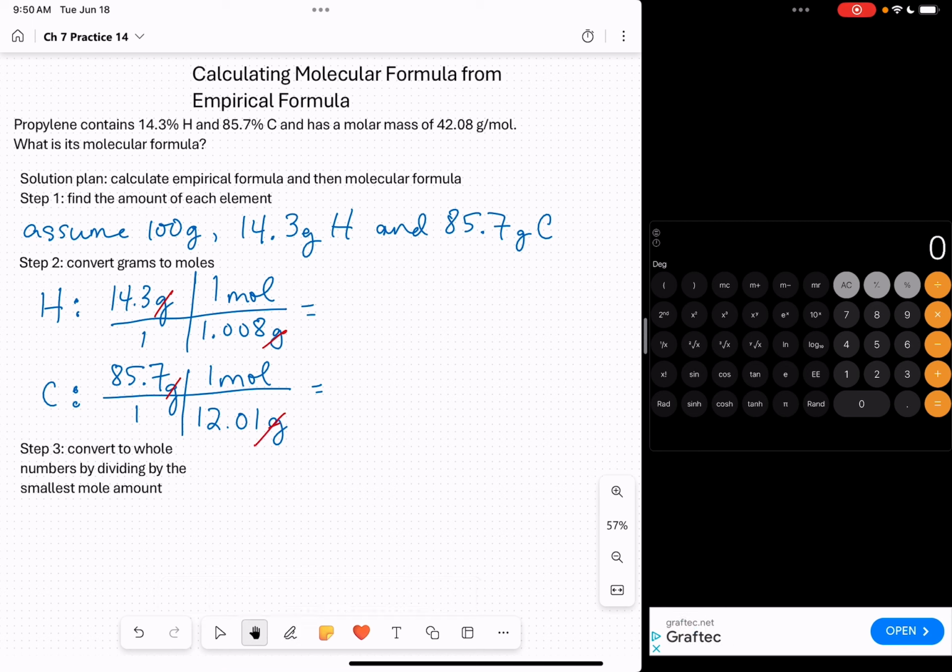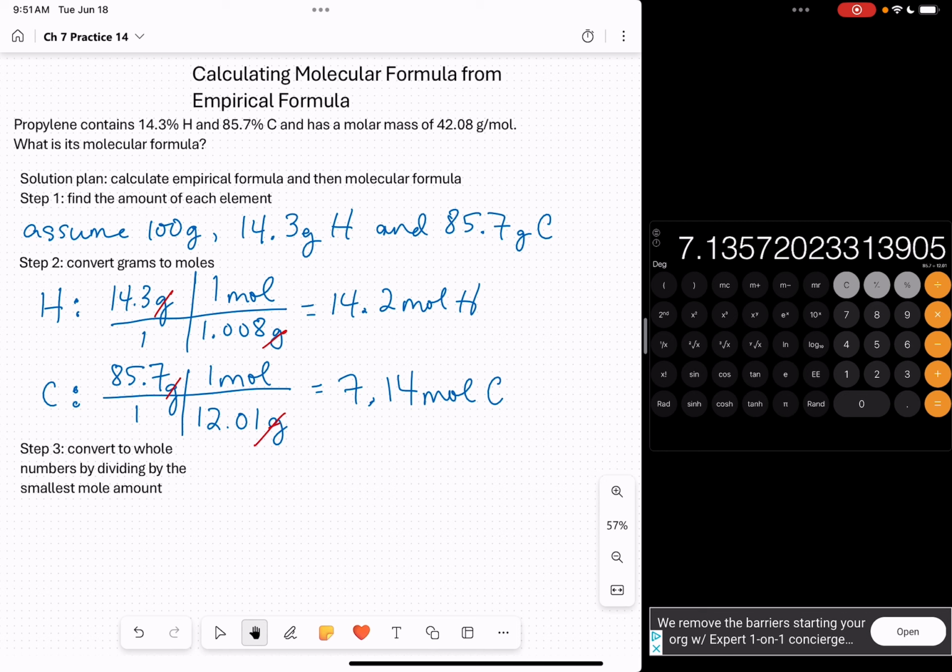Doing the math, 14.3 divided by 1.008 is equal to 14.2 moles of hydrogen. And for carbon, 85.7 divided by 12.01, that's equal to 7.14 moles of carbon. You can probably guess, looking at these numbers, what the ratio is going to be, because 14